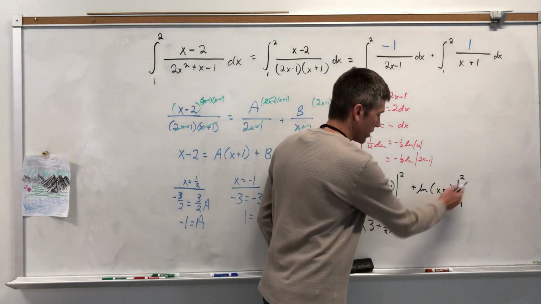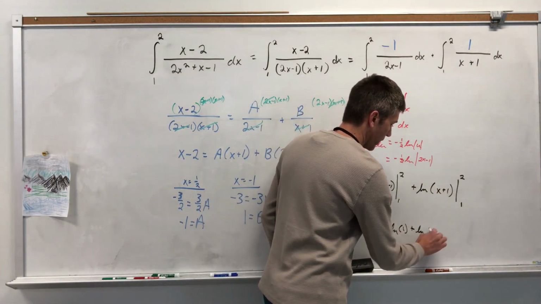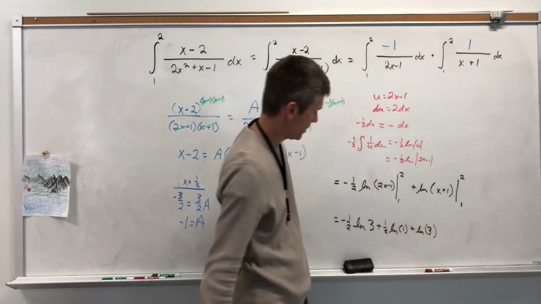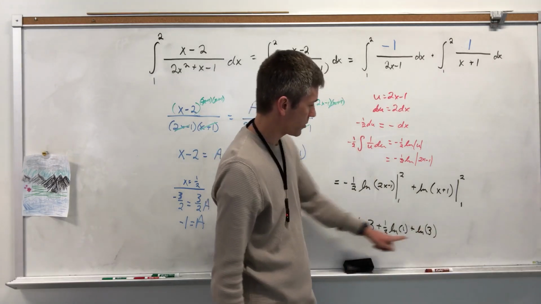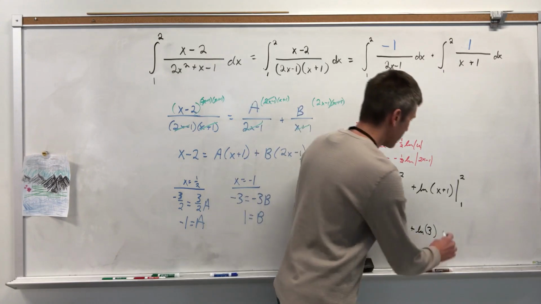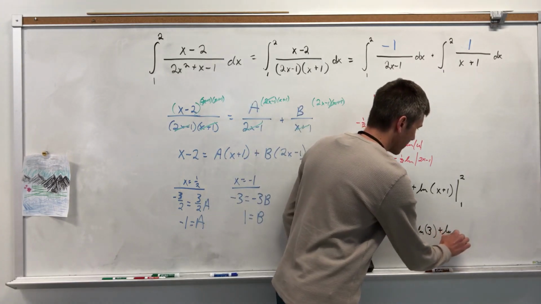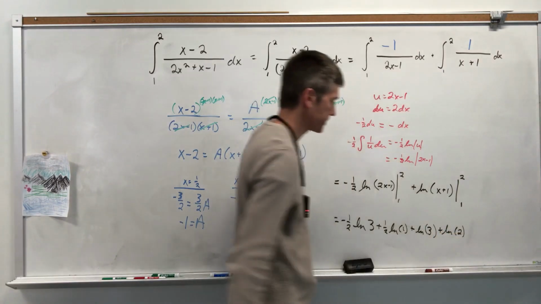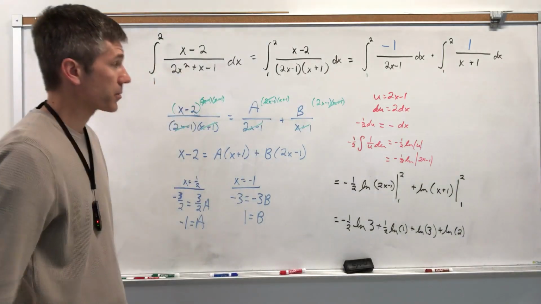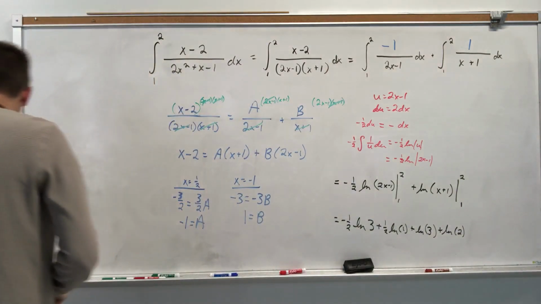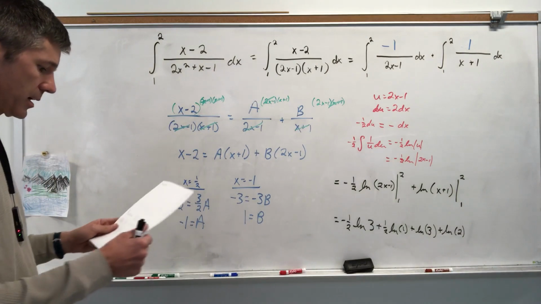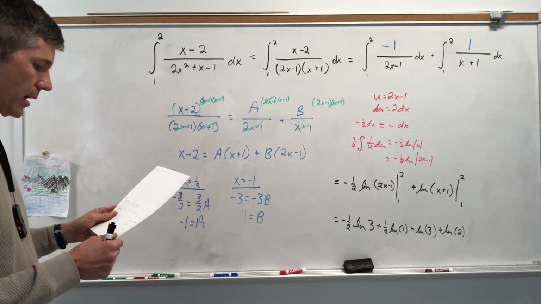Plus natural log of 2 plus 1, so natural log of 3. Oh, neat. These two are very similar. And then plus natural log of 2. Okay? I'm going to pause here. I'm going to look through my work, make sure I've not made any glaring errors. And I have